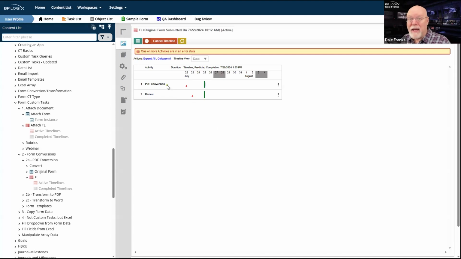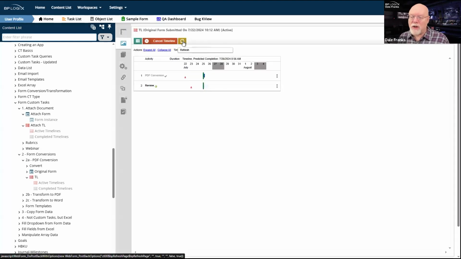running the PDF conversion task. Well, I don't know if that task completed successfully. I'm going to suspect that it did not, but to find out, I'm going to have to click refresh in this instance. And oh, well, that's nice. Well, I fixed it. Apparently there was some problem with my PDF, and I don't know what I fixed, but apparently I fixed it. All I had to do is restart the task.